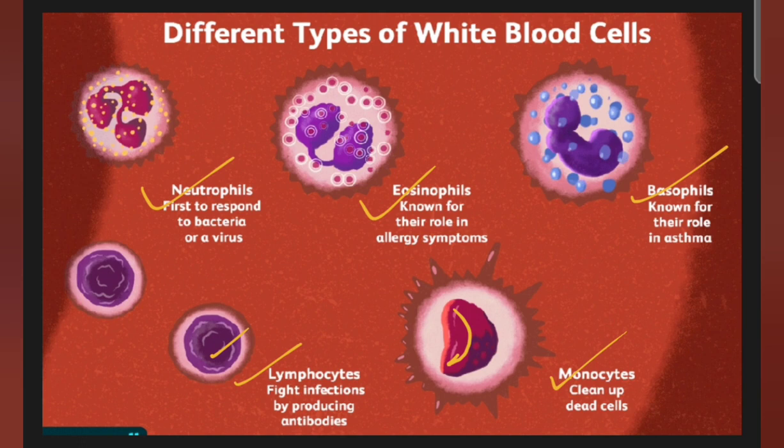So this is all about the different types of white blood cells, which are categorized into two groups, agranulocytes and granulocytes. In your book you will find the difference between RBC and WBC. You will have to learn that very well, and also all the functions of the different types of WBCs, how many lobes they have, and what kind of granules they have. I have made you mark in your book in the offline class, so you will learn accordingly. Now we will continue with the next part of this chapter.